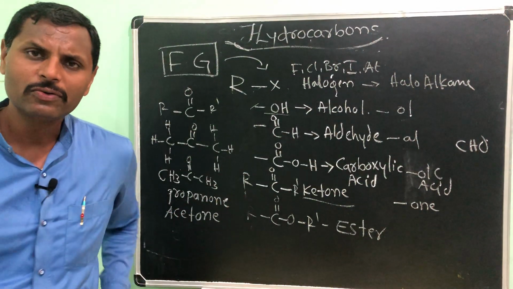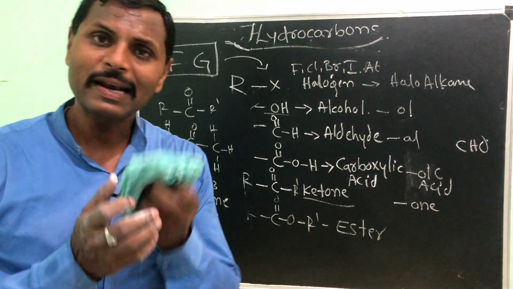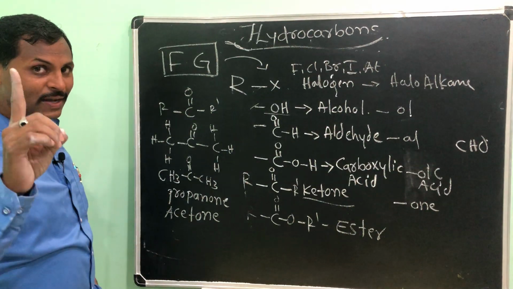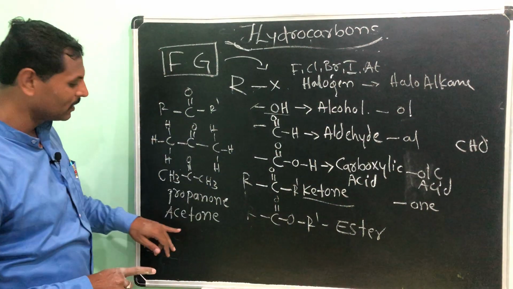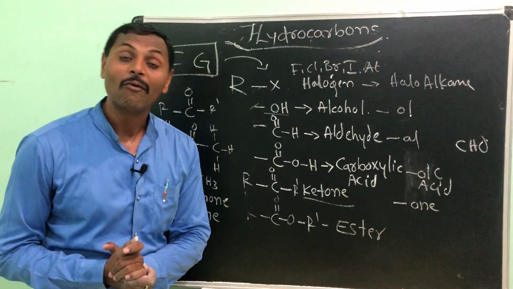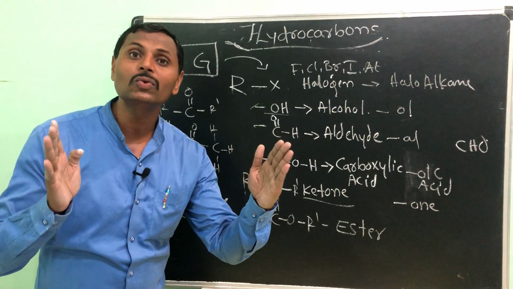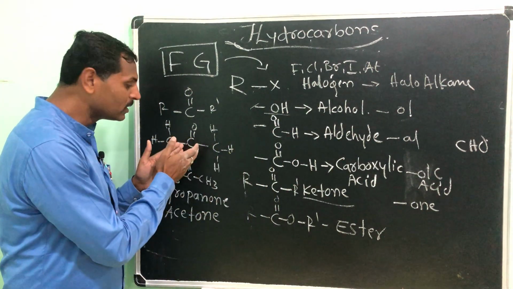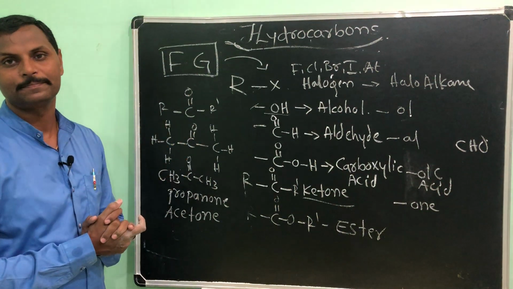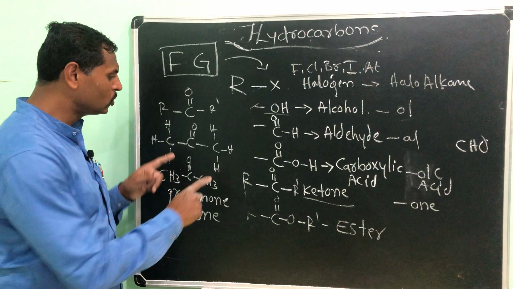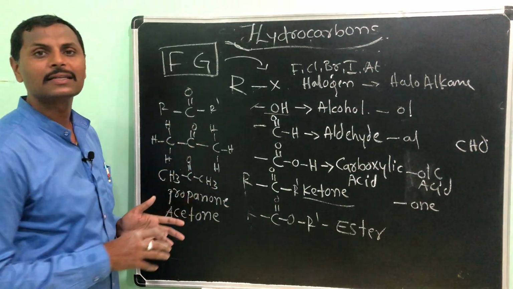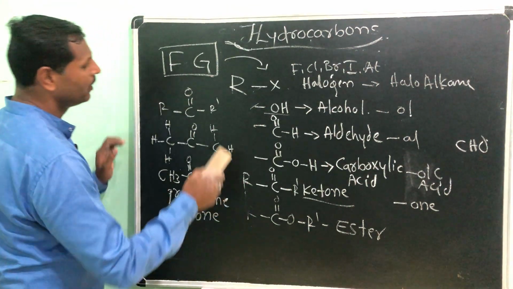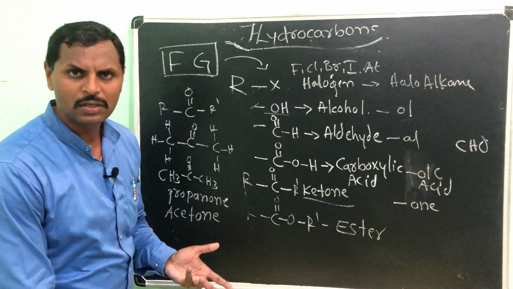Where are you using acetone? Yes, you are right, in the nail polish remover. Understood? Propanone. So the first member of ketone is acetone or propanone. Why, sir? Because we have to add two hydrocarbon groups to it. We have to keep the ketone group in the middle itself only. That's why we need a minimum of 2 hydrocarbons to add the ketone group. That's why it becomes prop. Understood? Propanone. So like that you can write butanone, pentanone.